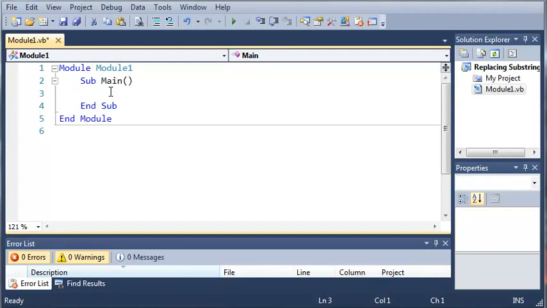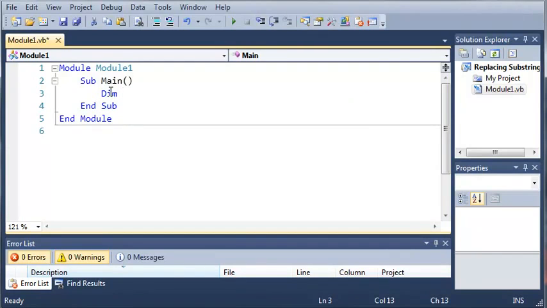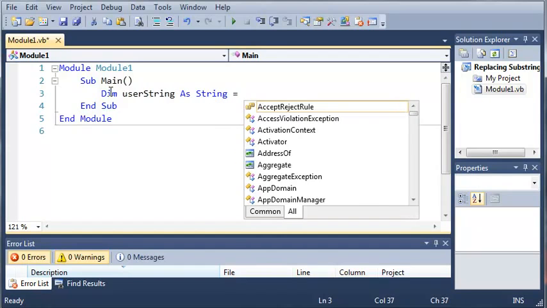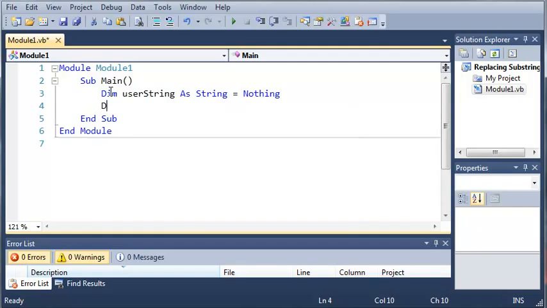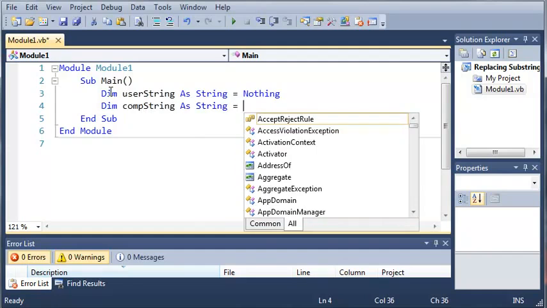And in this tutorial, we're going to be taking a look at comparing strings. So let's go ahead and get started. We're going to come down here under our main sub, and we're going to create a couple variables. We're going to start off by creating a string. So we'll just call it user string as string, and we'll set it equal to nothing. And then we'll declare another string, computer string as string, and we'll set that one equal to